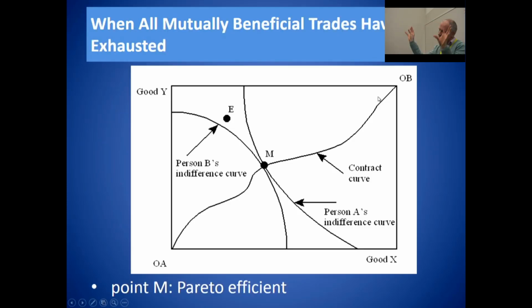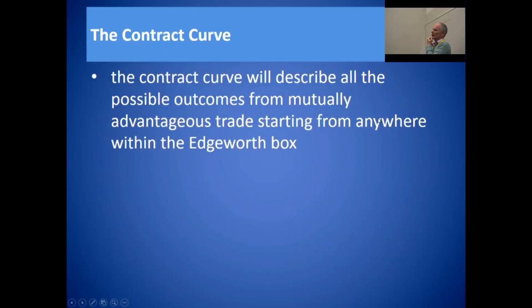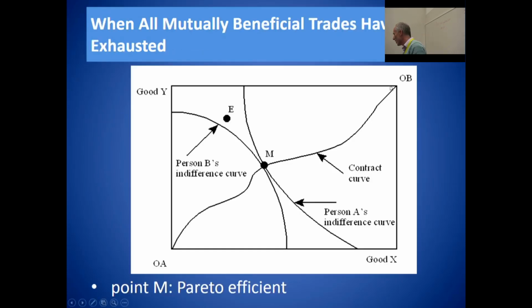Now, pulling all of this together, what does it suggest about the contract curve? Actually, before I do that, one final point about the contract curve. You've seen I've drawn it there, and typically that will be the shape of the contract curve. Typically, it will run from one person's origin to the other person's origin. It doesn't have to be a straight line, doesn't have to be regular, but typically it will run from one corner of the Edgeworth box to another. And that will trace out all of those Pareto efficient points. So, for example,